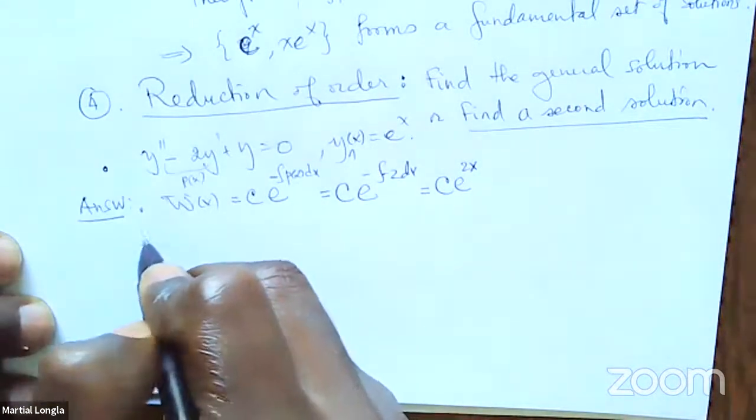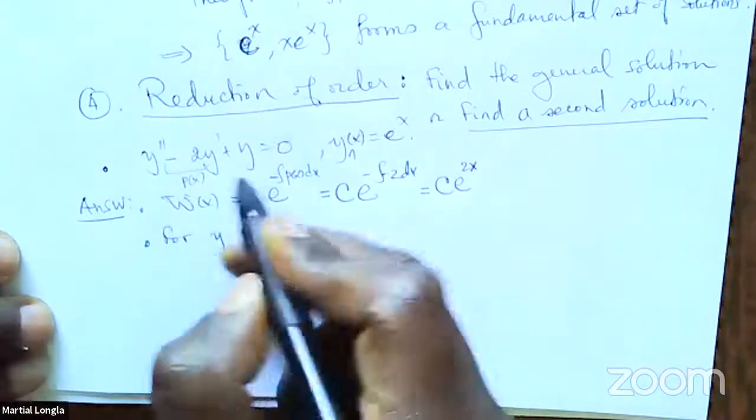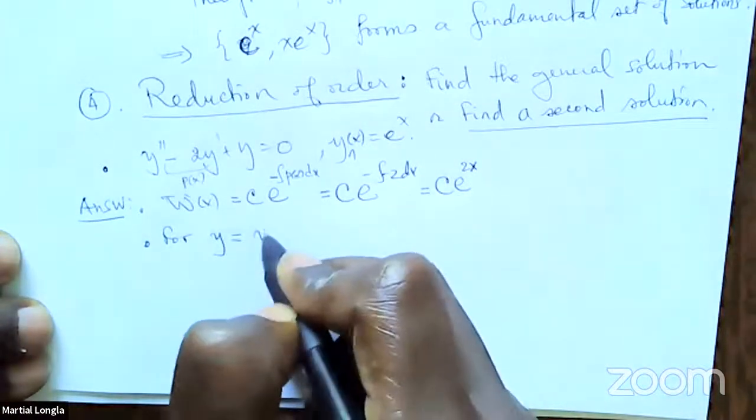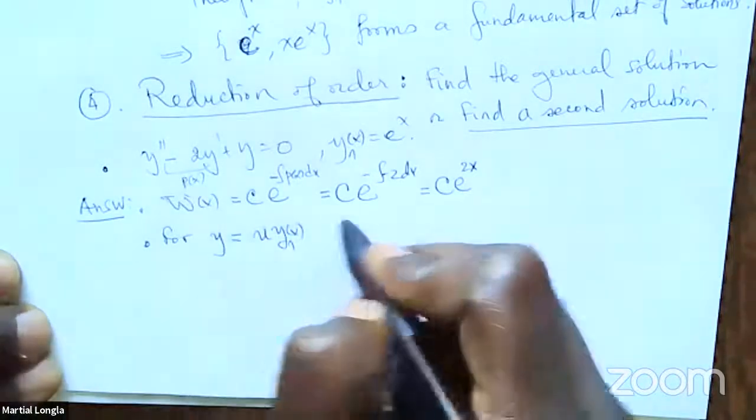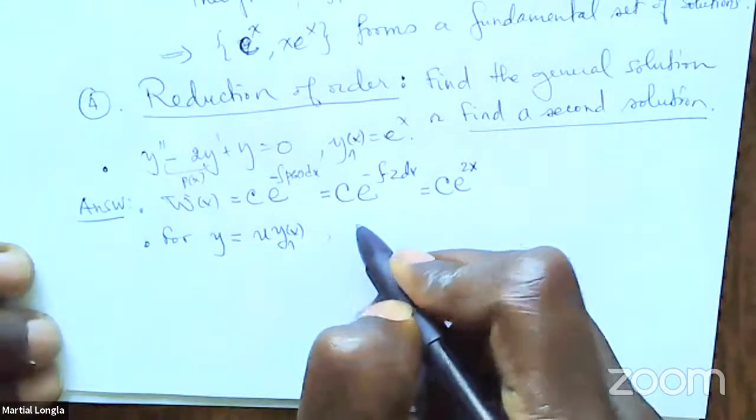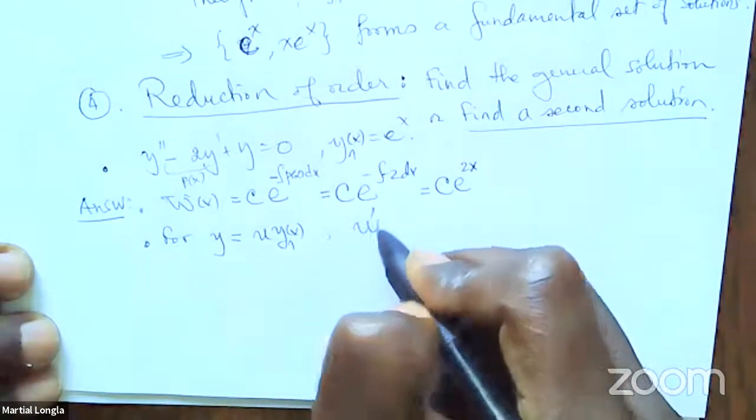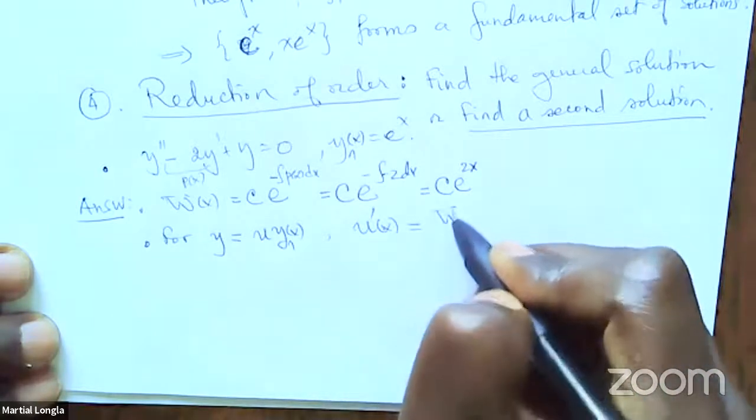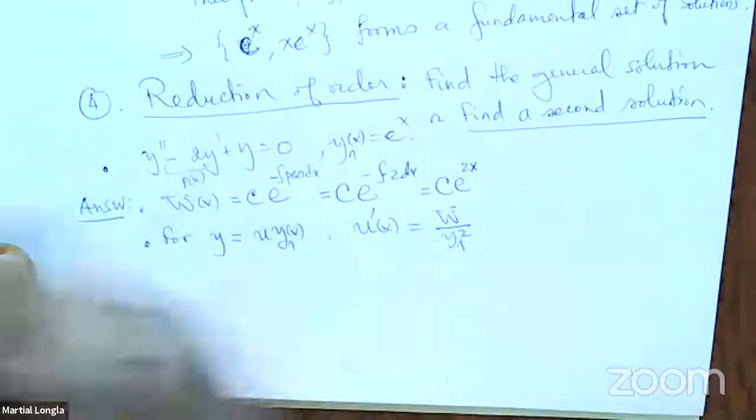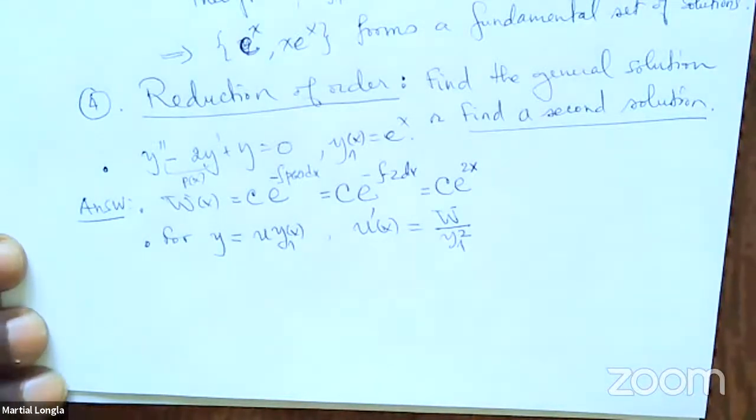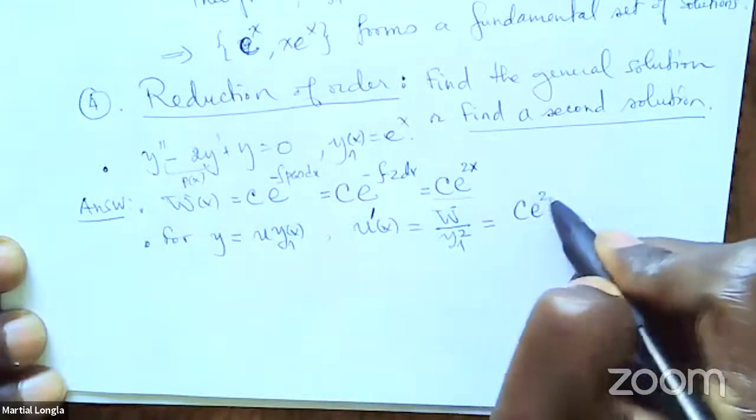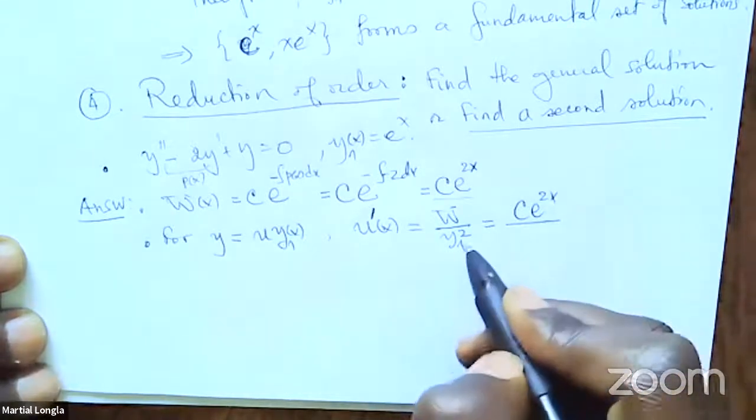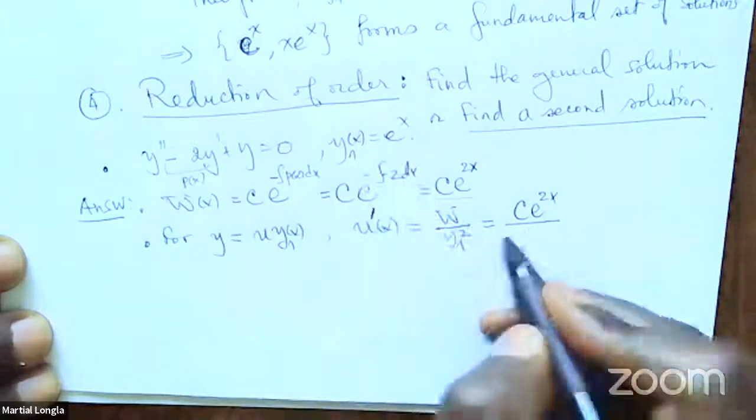And then for y equals u y1 of x, you got u prime of x equals w over y1 squared. We proved this, so you can use it. And your w, you just computed it. That's c e to the 2x over, and y1 is given, that's e to the x